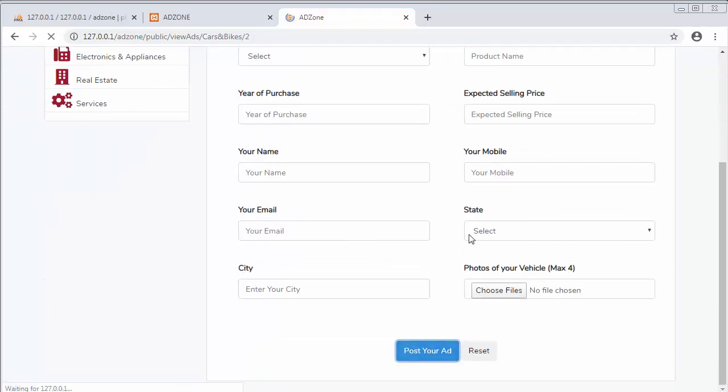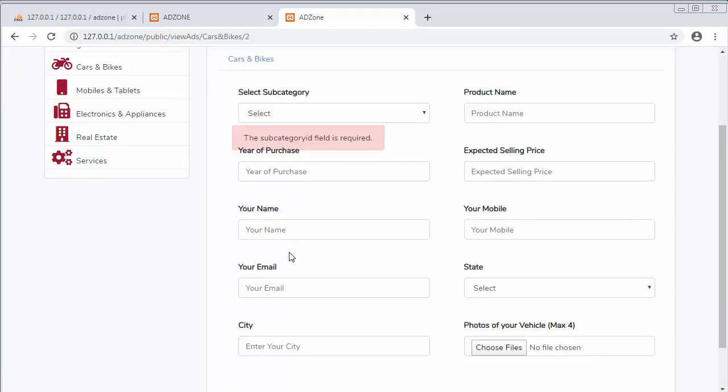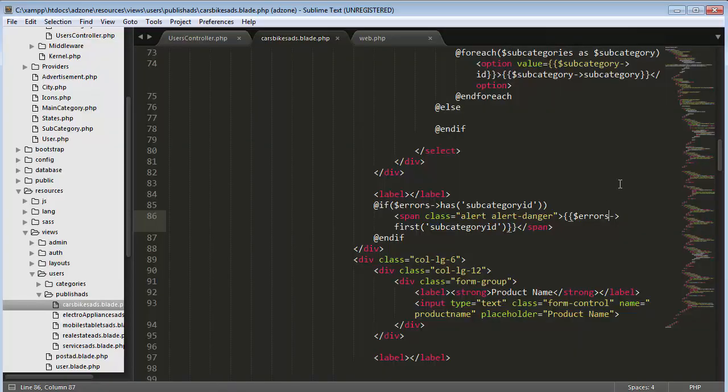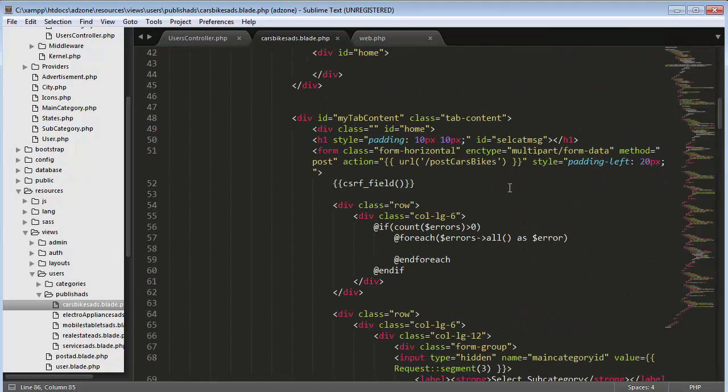Now you can see it's displaying that error below that drop down: the subcategory ID field is required. Exactly the same way I have to display this kind of errors below each and every form element. But now I just need to change the styling of this error. So it has to be errors here, and I need to come here